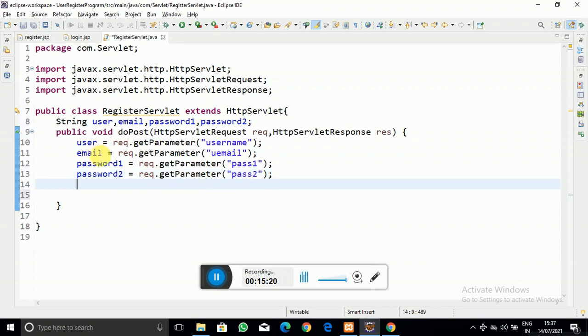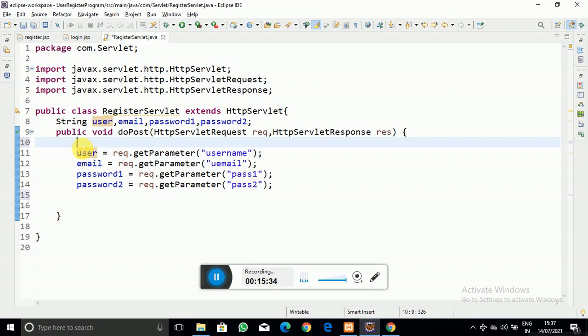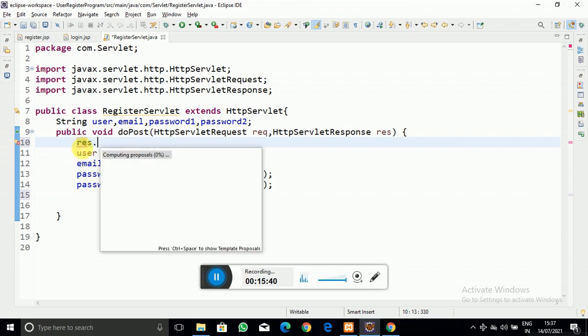So I have created the variables and accepted the data from the HTML form to our servlet. One thing is left here: what type of content we are going to deliver, which is HTML content.